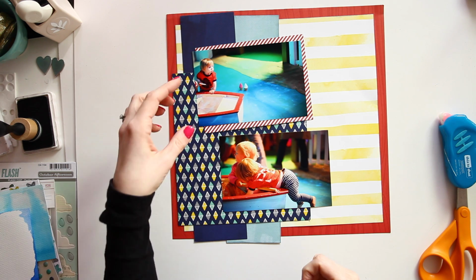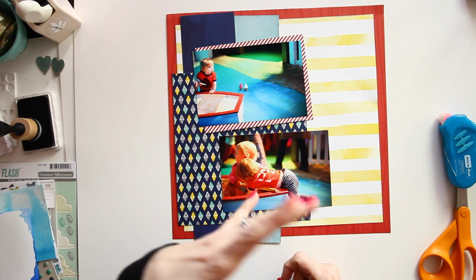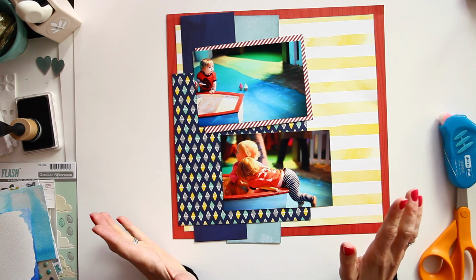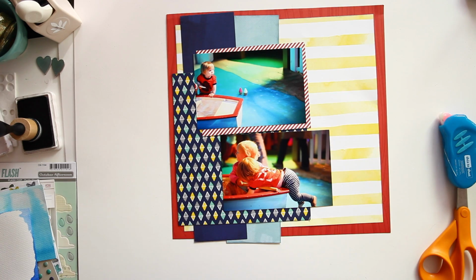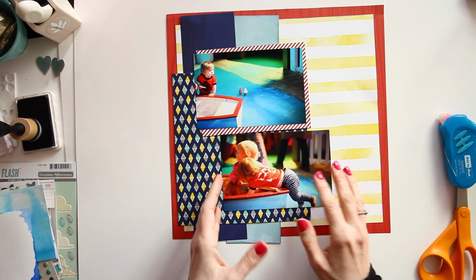And I think he's so small in this picture that it's easy to lose the idea of what's there. Whereas this one is just always going to make me laugh no matter what. So I think the red around this particular photo is going to be more helpful in highlighting that picture that just needs that little bit more help. Okay,